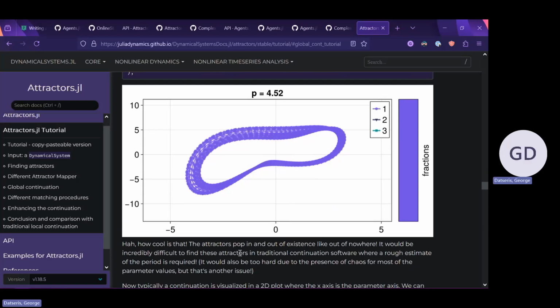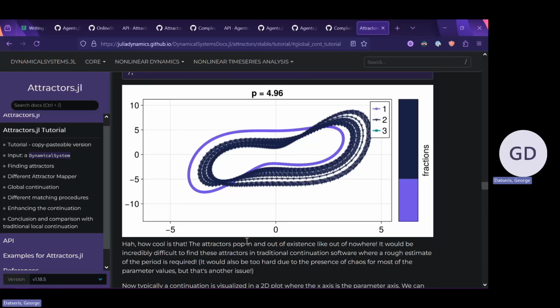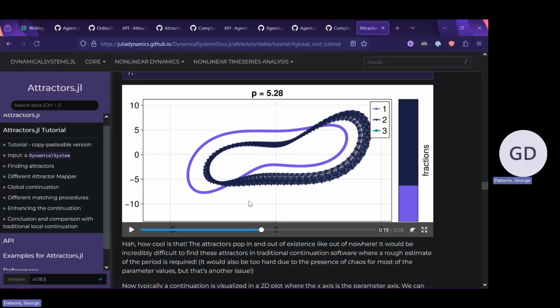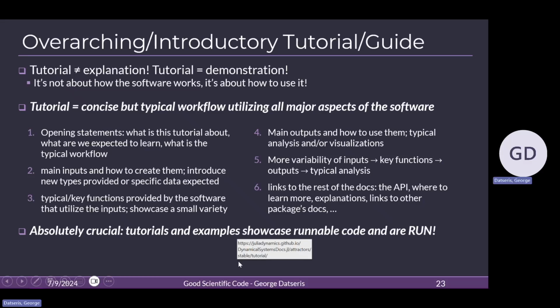customary visualization of the input output that I will let it play because I think it looks cool. That's the only reason. It says, okay, given this output, that's the typical visualization. And if I scroll down more in the tutorial, it will show you also a typical analysis workflow of this output that we don't have to care about now. So it's fine. So that's what, in my opinion, makes a great tutorial.